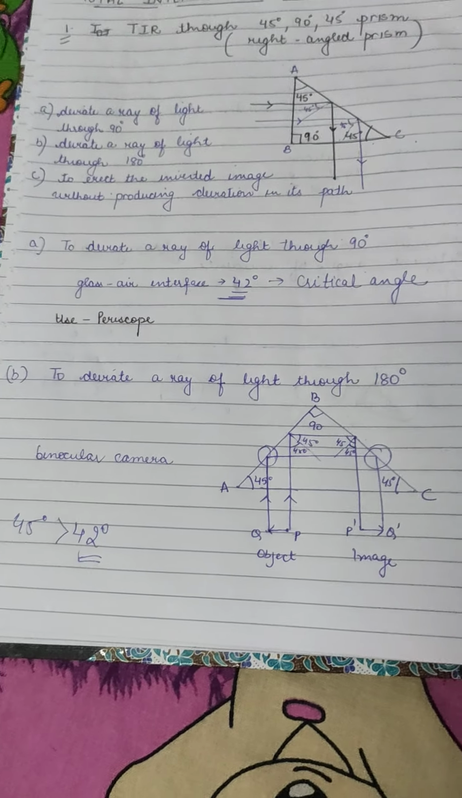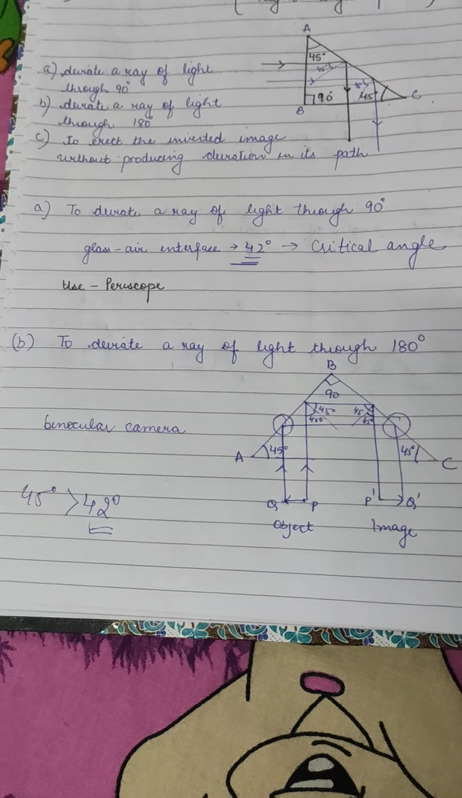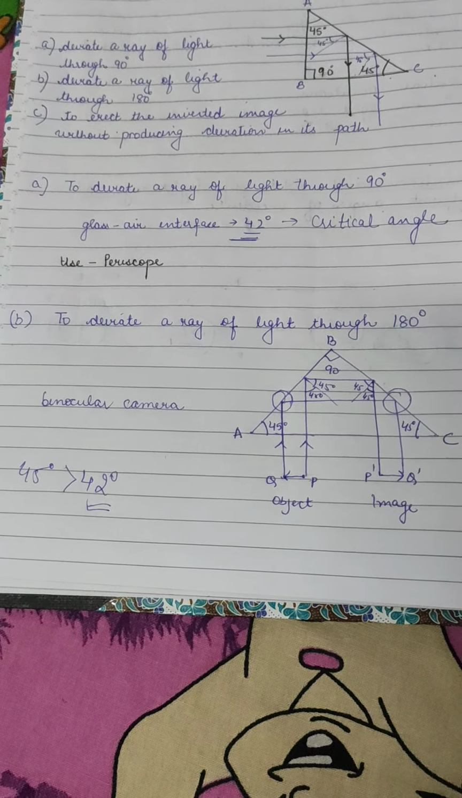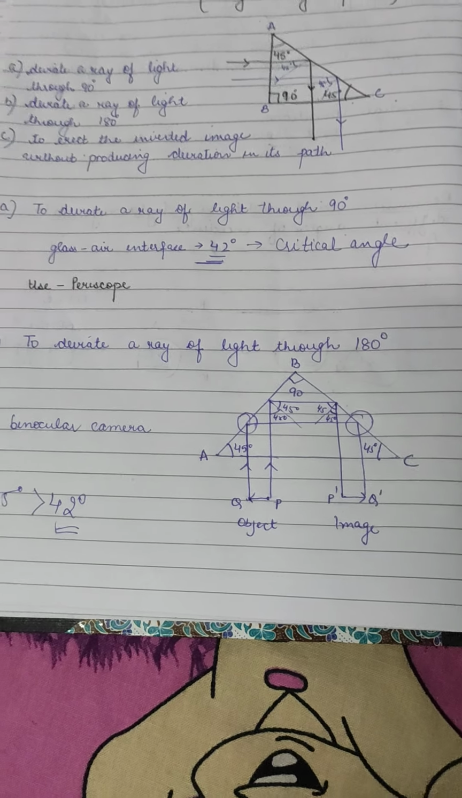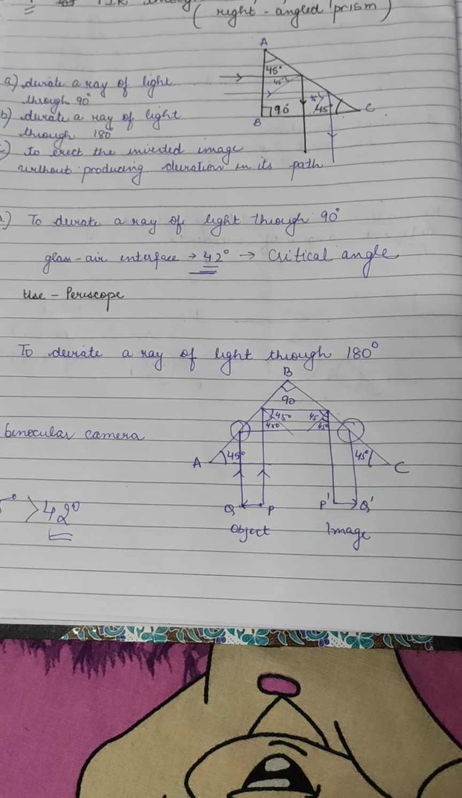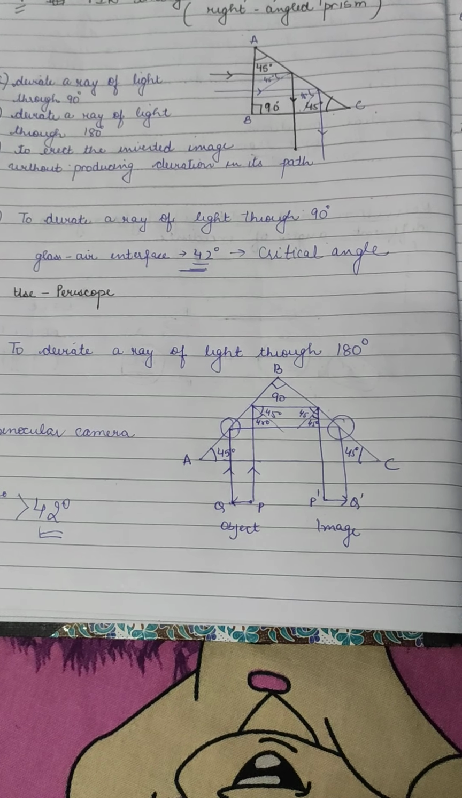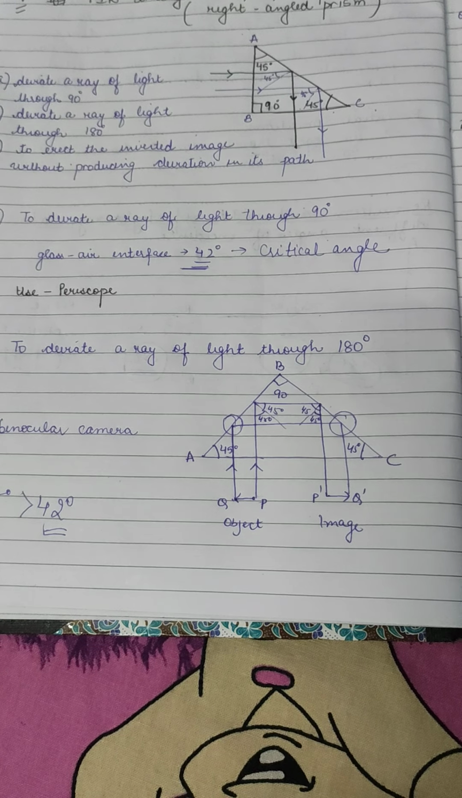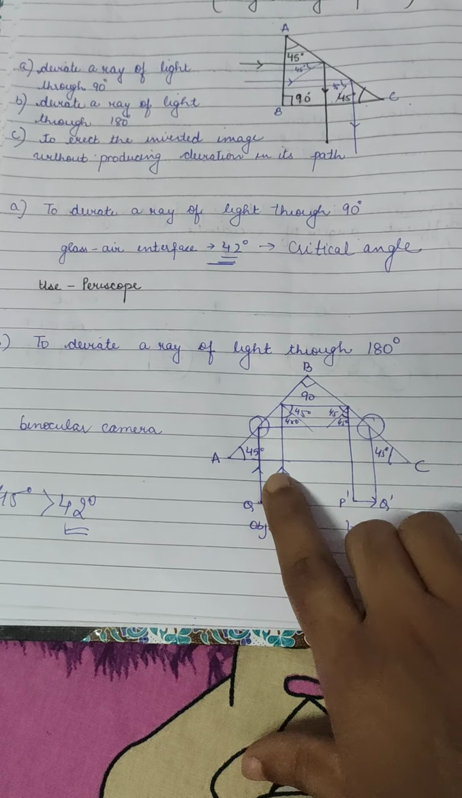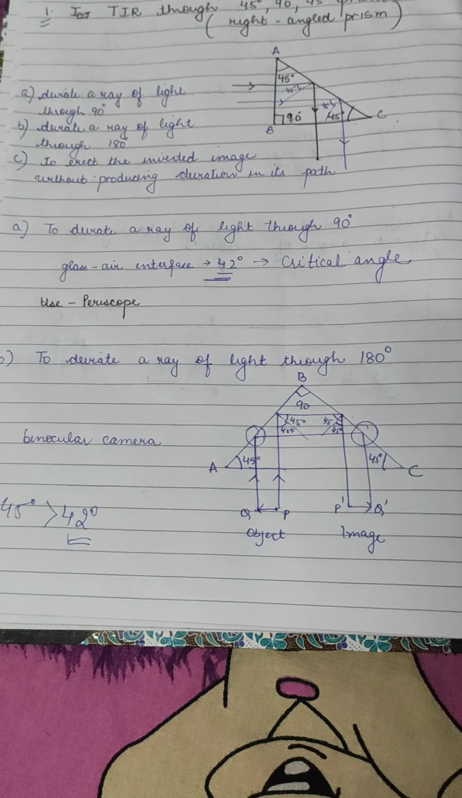So two reflections are there. I hope from this it's clear to you how to deviate a ray of light through 180 degrees. Now see what happened in this case. We are having a prism ABC, where B is having a 90 degree angle. So when PQ falls normally on AC, it strikes